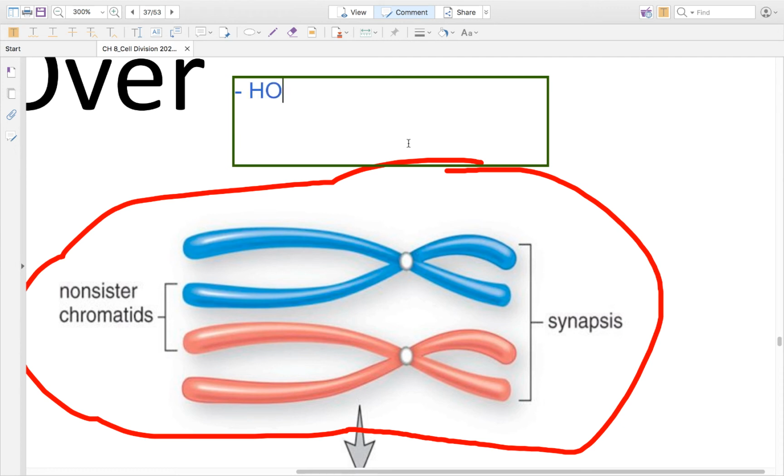These are still called homologous chromosomes. Okay, they're homologous because this is the paternal, this is the maternal. Okay, they're also referred to as the tetrad because there's 4